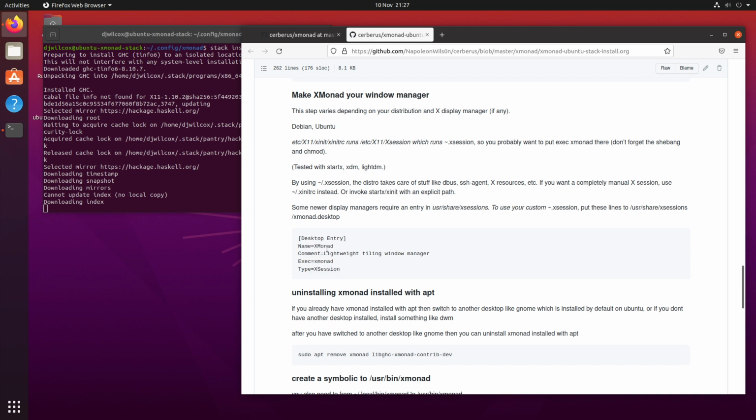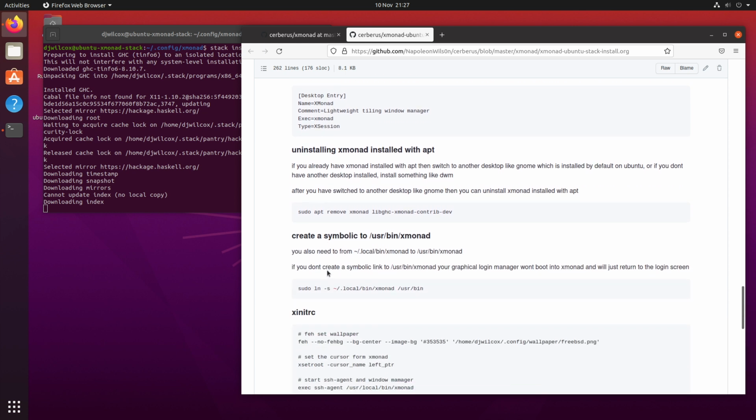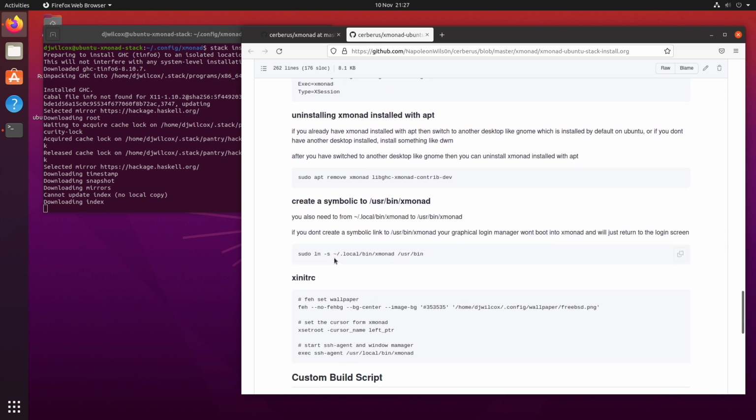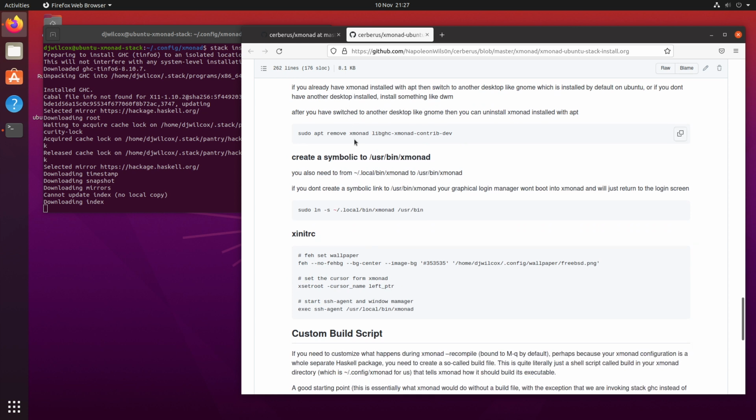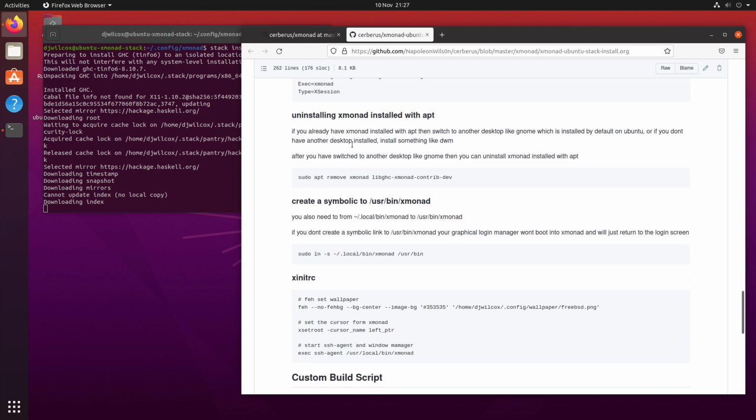Desktop entry, name xmonad, comment, execute xmonad, type xsession. And that will go in /usr/share/xsessions. Right. And once we've actually got everything installed, we've got xmonad installed in /usr/local/bin, we can actually remove